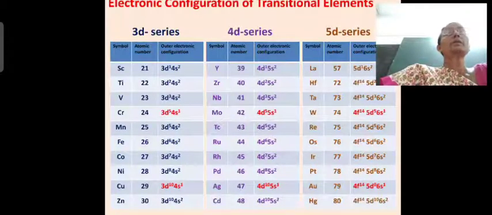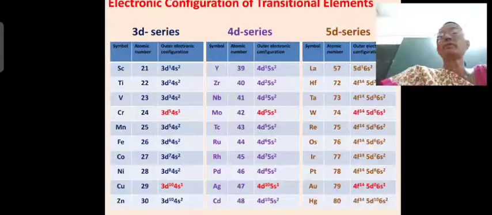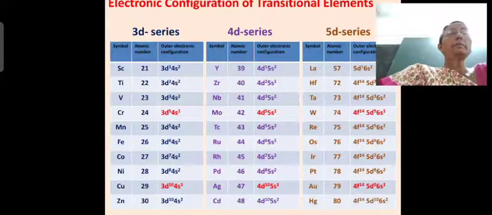3d orbitals maximum capacity is 10 electrons because there are 5 d orbitals present, alright, and in each d orbital you have 2 electrons. Okay, so 4s orbital, each orbital contains 2 electrons maximum. So here completely filled structure you have zinc. Now coming to 4d series, yttrium, 39 atomic number. Okay, and what is the electronic configuration?